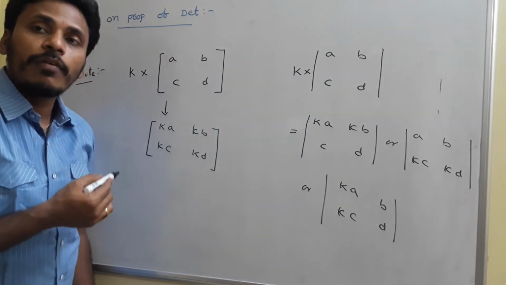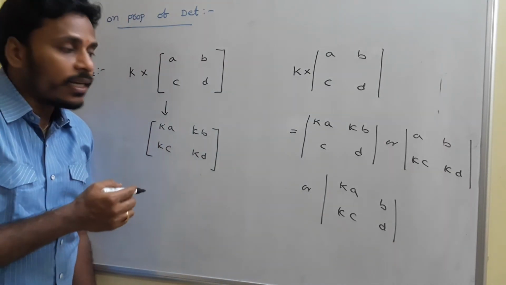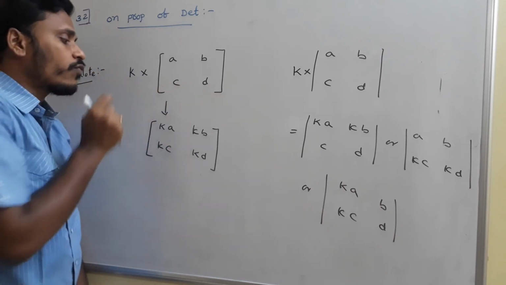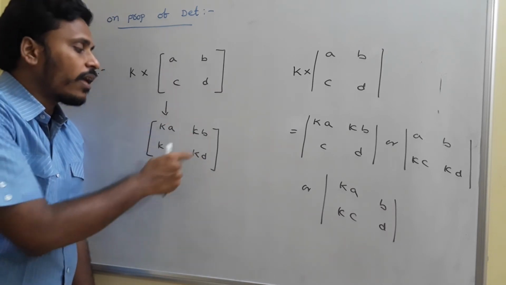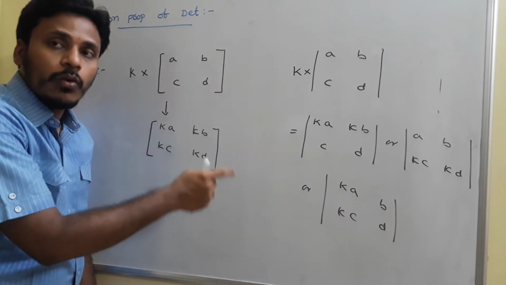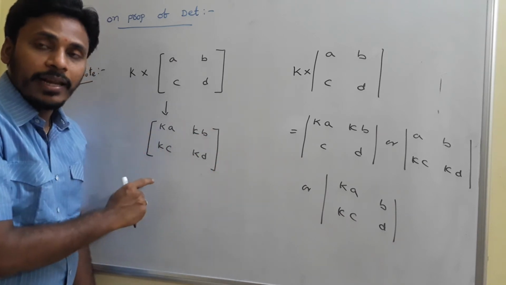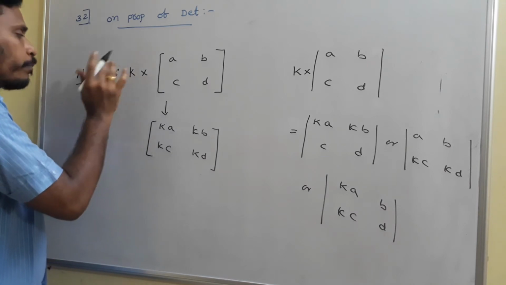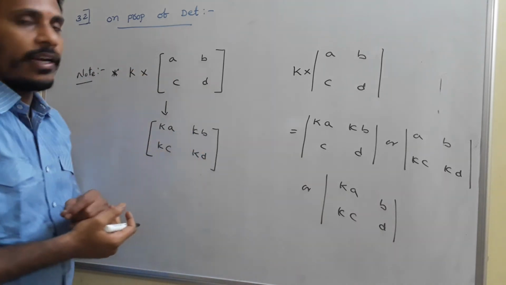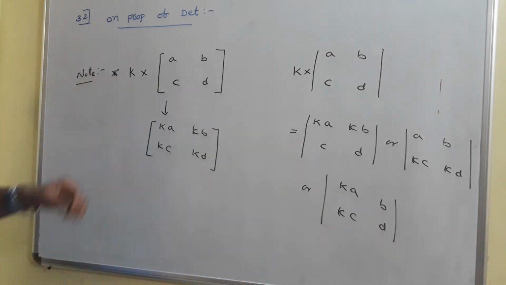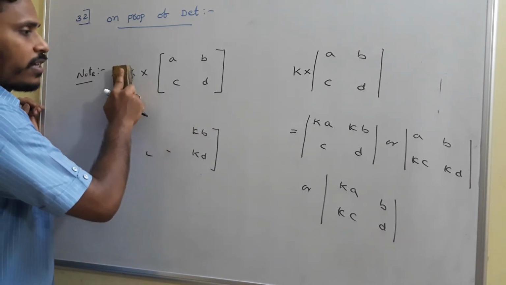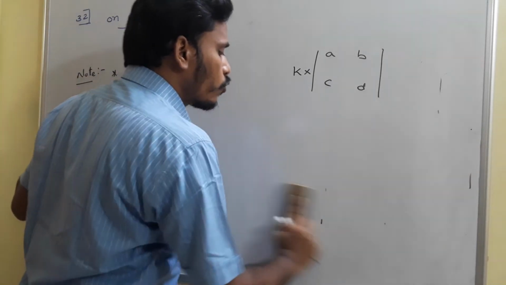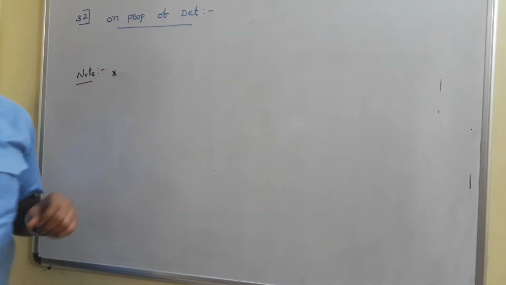So multiplication of a determinant with a constant just changes any one row or one column, whereas multiplication of a matrix with a constant K gets multiplied with every element of the matrix. For the determinant only one row or column, whereas for the matrix every element, while multiplying with the constant. This is one thing which you need to keep a good idea about. And one more thing is addition and subtraction also. I will give you the next idea. Suppose I have two matrices as well as two determinants, how to add, just have a look at this.